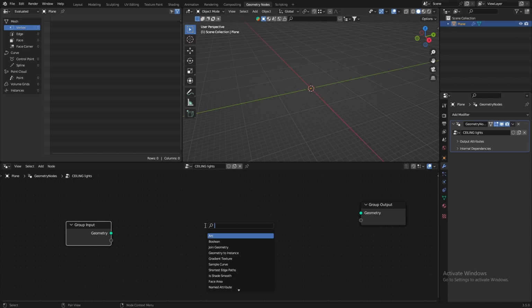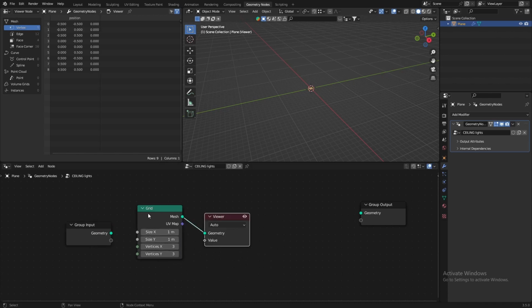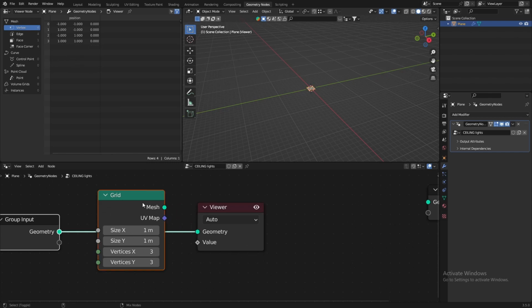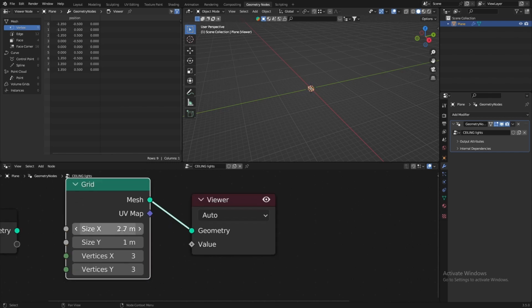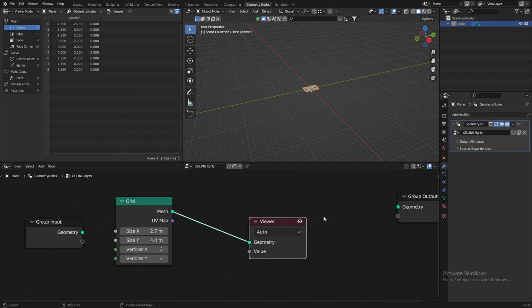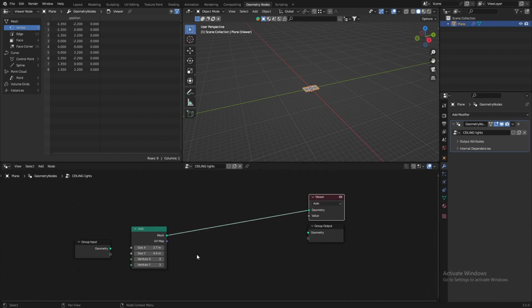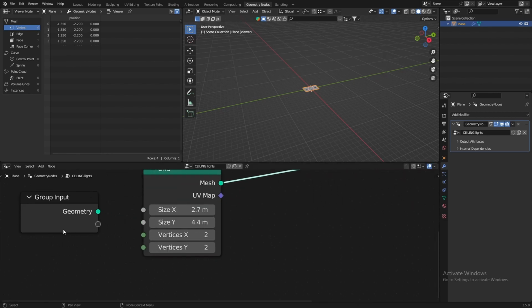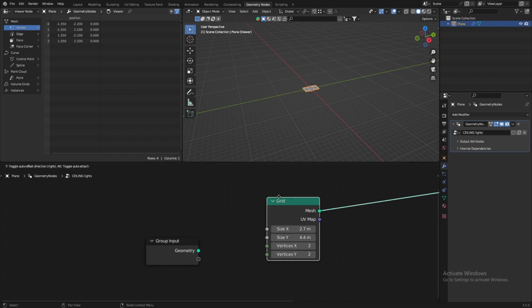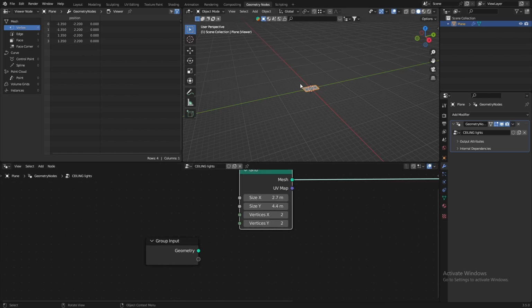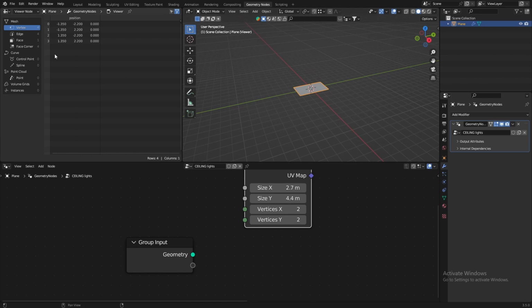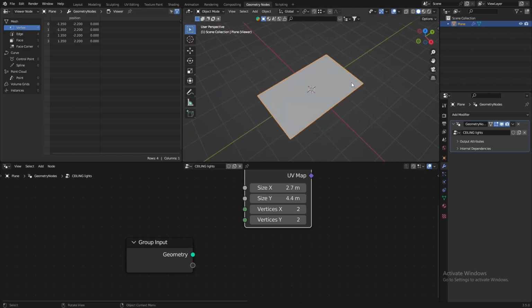After that, I'm just going to add a grid. It's the same thing, so what's different in this and this? Here you have the liberty to change the dimensions and all. I'm just going to keep it to 2 by 2, so 2 vertices, 2 by 2. You get the point. Here we can see it's starting from 0, like whole numbers, and as you can see the positions,